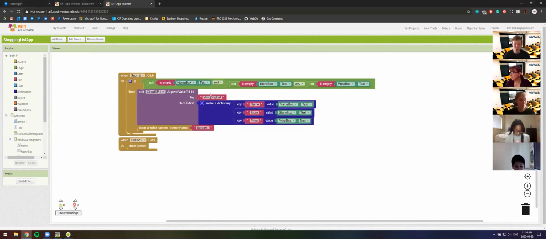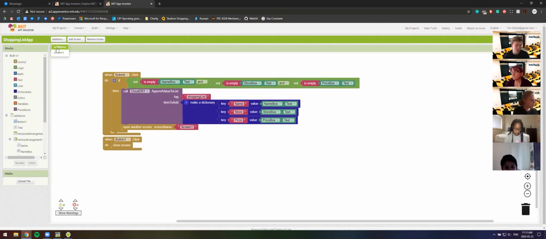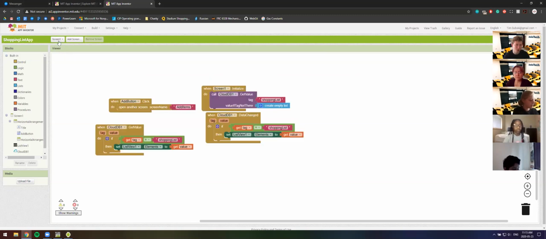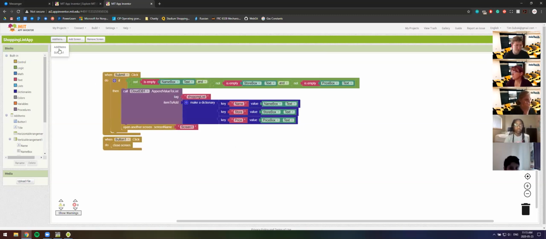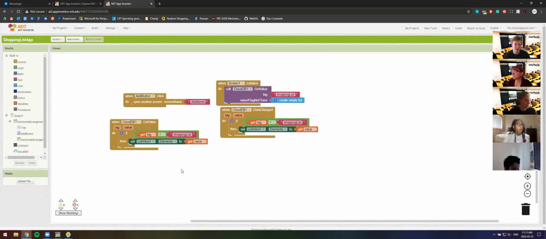We made it so that whenever you add an item, you have a list of dictionaries, or of items, and each item has a value for name, a value for store, and a value for price. All right, and on this screen here,